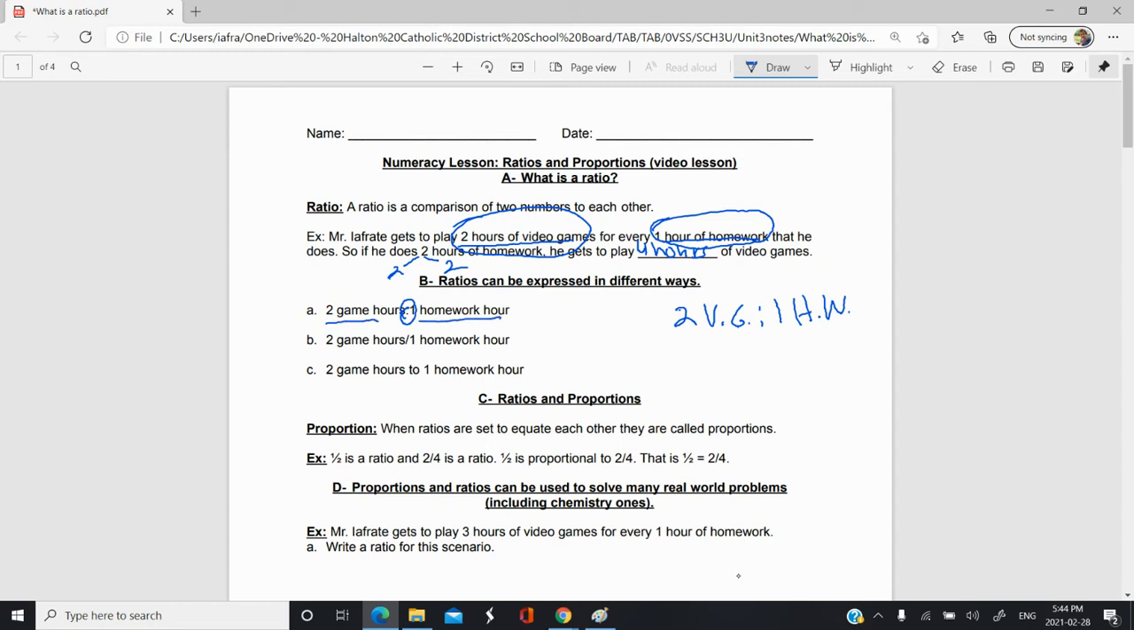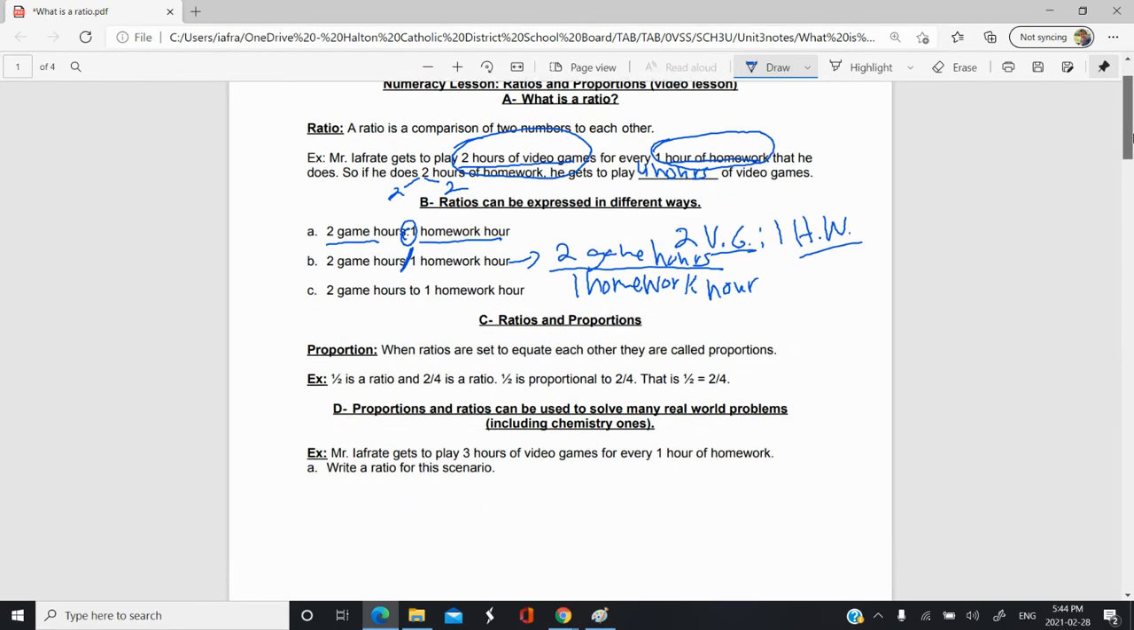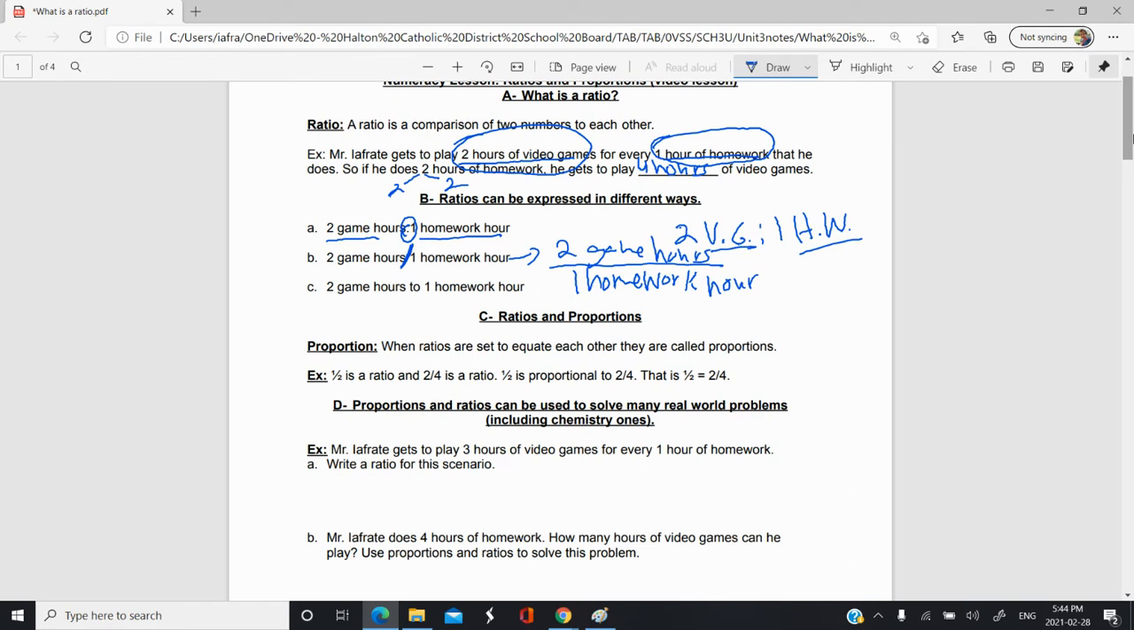You could write 2 game hours slash one homework hour. So that means you get 2 game hours for every one homework hour that you spend. Or you can just write it with words here, 2 game hours to one homework hour. Another way you can write this one here is 2 game hours for every one homework hour. And I'm just going to put video game or homework there just to abbreviate it if we're doing problems. So we can use ratios like this, and set up proportions to